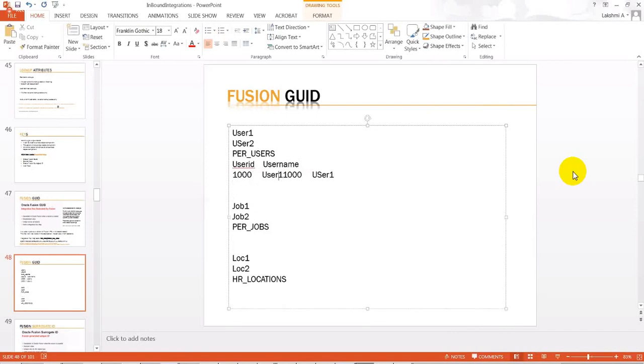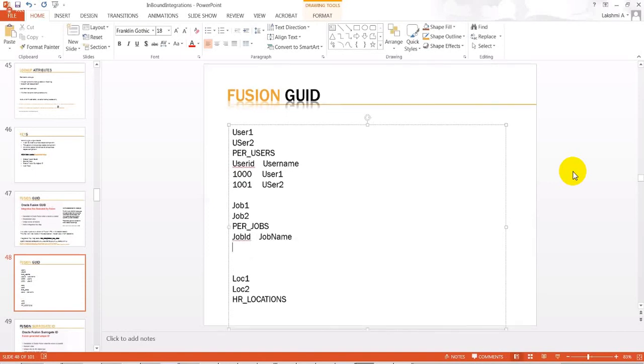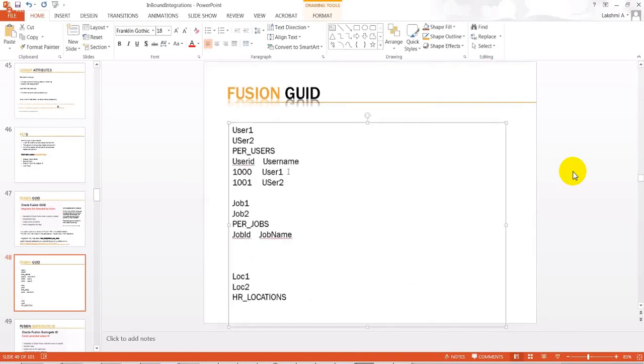Similarly, I have another record, 1001, and I user 2. Think of it like that. Now I got job 1, job 2. Now I have a job ID and job name. So here, when I create a new job, every job table has a unique